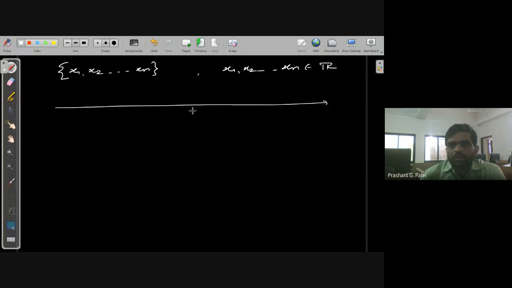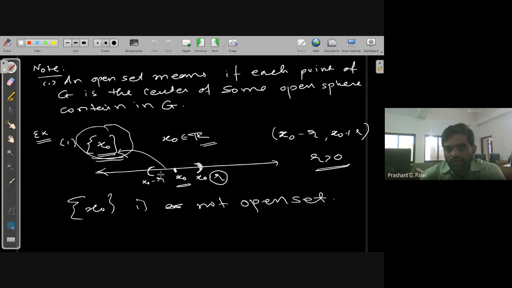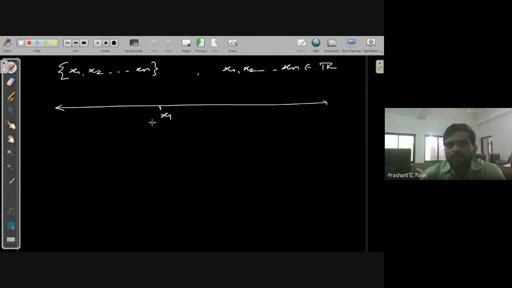The same argument can be given for x1, x2, x3 and so on as I have given for x0, because there is no neighborhood. It may be possible that some of the points lie in a neighborhood, but not all. So any finite set over the real line is also not an open set.